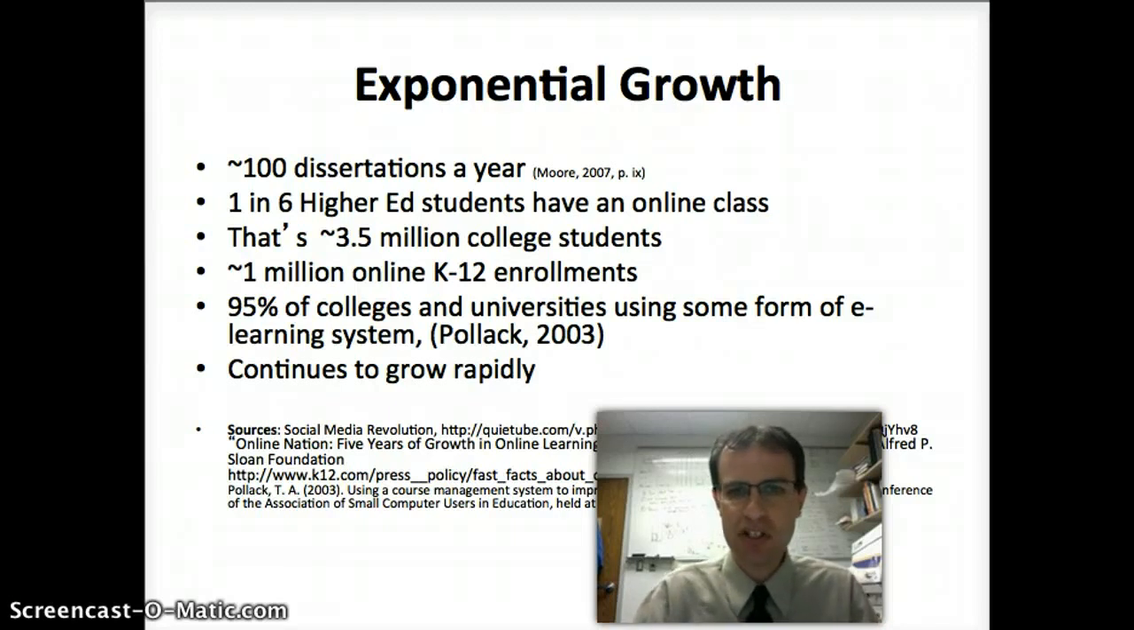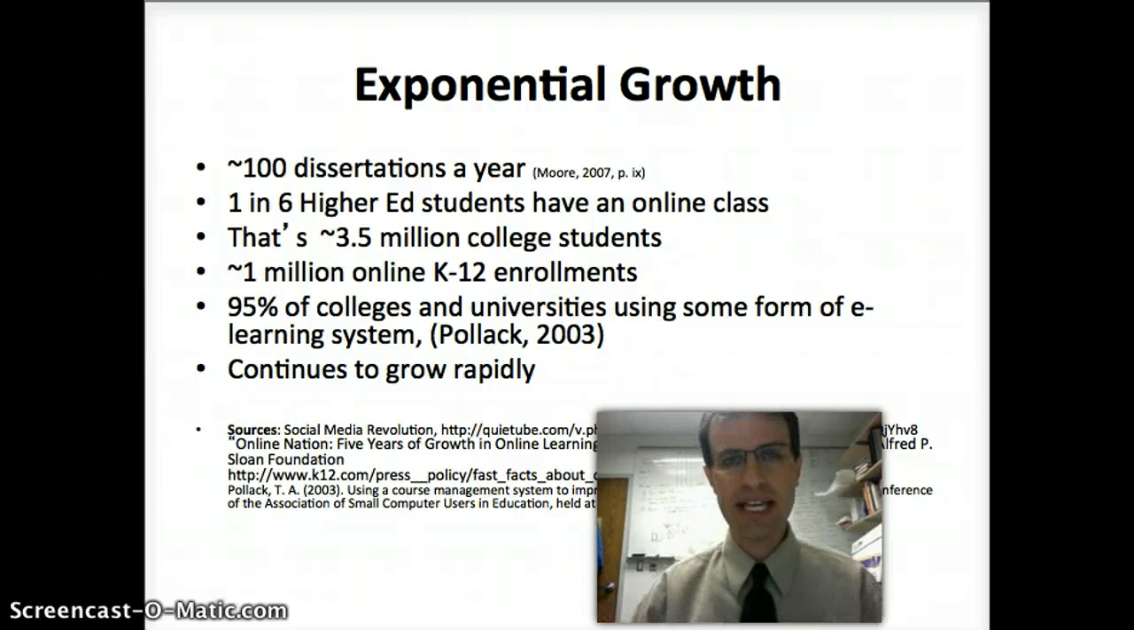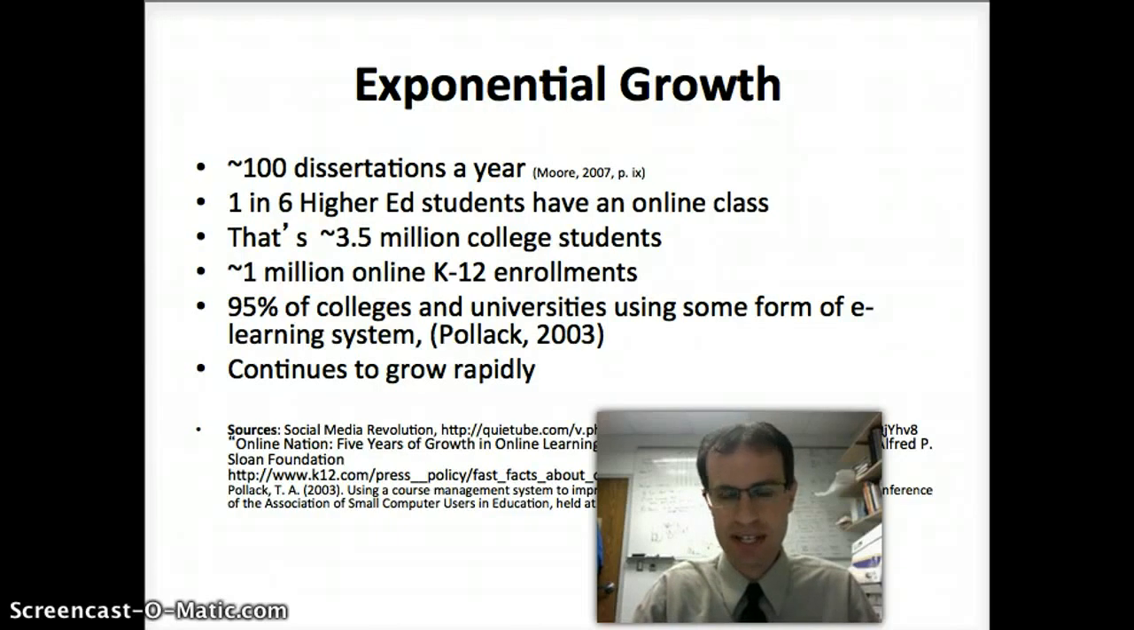95% of colleges and universities are using some form of e-learning system, and this is continuing to grow rapidly, of course. Some of you are familiar with Clayton Christensen, who talked about disruptive innovations, things that disrupt our normal way of life and that are really innovative. He's talked about that concept in terms of education with online learning. And he predicts that in about 5 years, I think is what he said. So in the next few years,